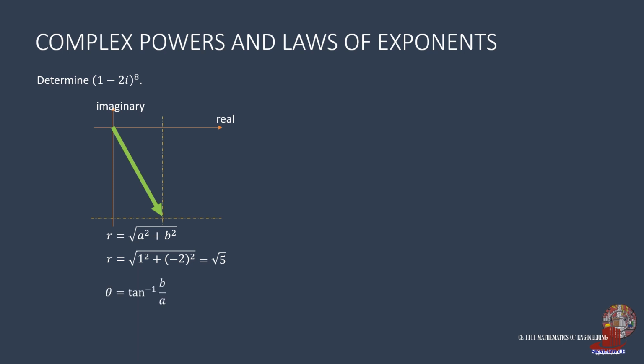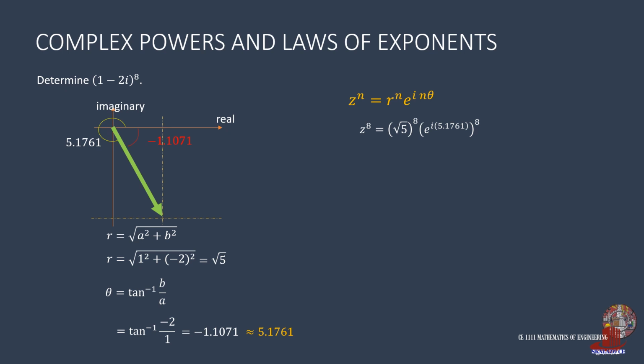The argument is the inverse tangent of negative 2 over 1, which gives negative 1.1071 radians. To make this positive, take its revolutionary counterpart, and that is 5.1761. Following the exponential form, z raised to 8 is the root of 5 raised to 8 times e raised to i times